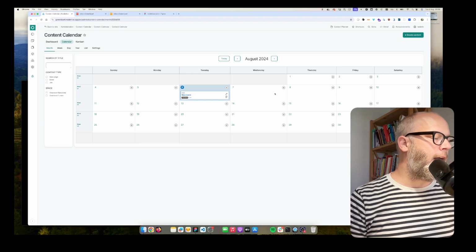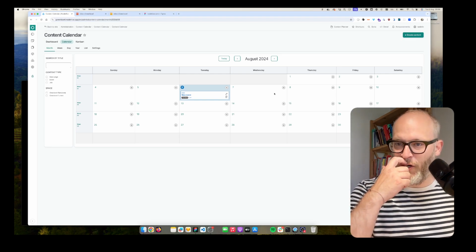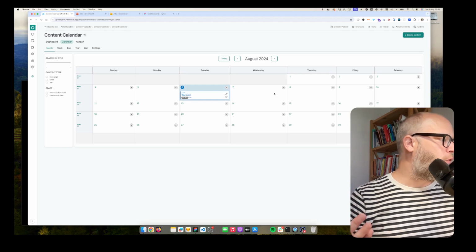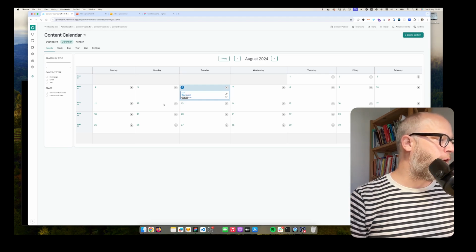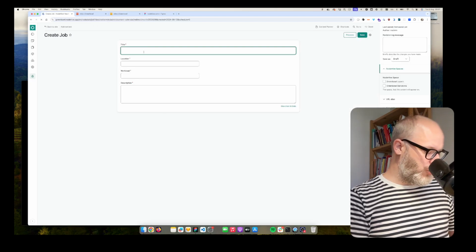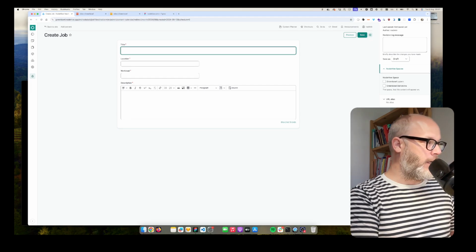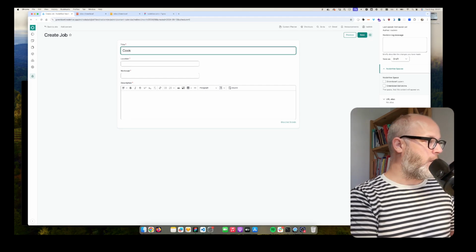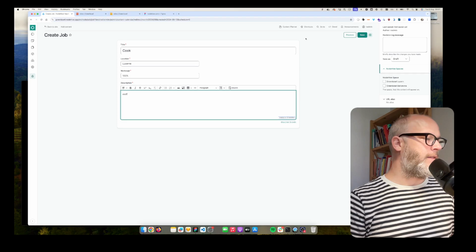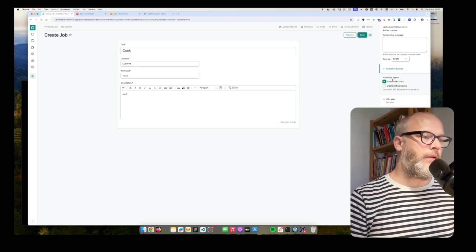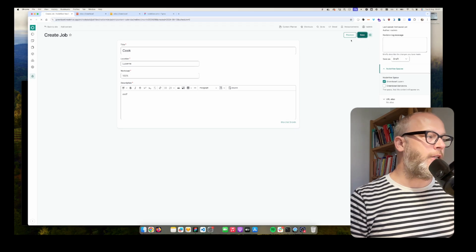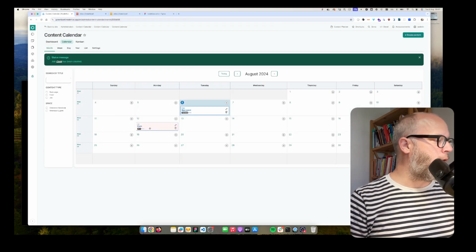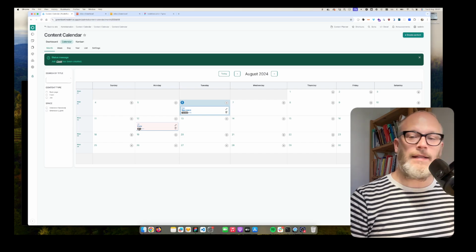For example, let's say I have a meeting with the HR department and they want to publish a new job offering by next Monday. So let's do that. I can go here, I can hit job, create a new job, whatever, cook, for example, and then location, Lucerne, workload, it's 100%, and some descriptions. So this will be delivered through the NodeHive space here. I hit save, and now you see it's created as a draft,